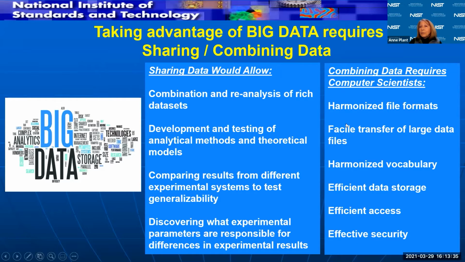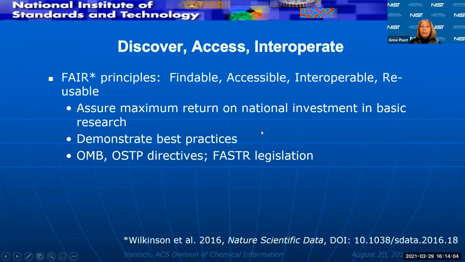And of course, as computer scientists, you all have an approach that's required for facilitating data sharing, right? It requires harmonization, and it requires transfer of data and security of data, and data storage and access, and all this has to be efficient, and vocabularies have to be harmonized. So, there's a whole lot of computer kinds of work that goes on. And of course, today, this idea of FAIR principles is really important.